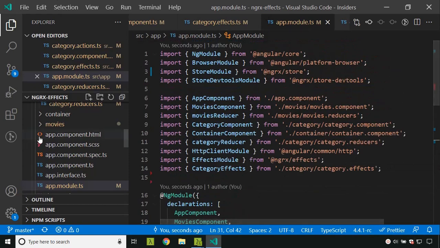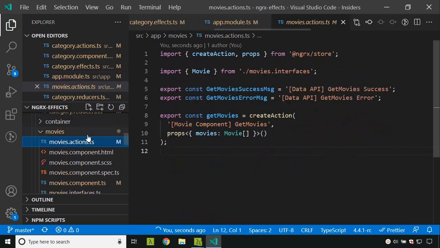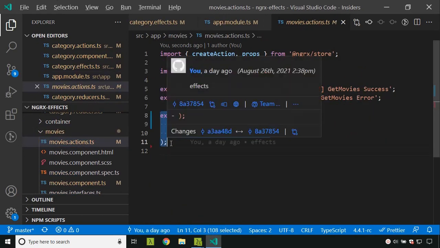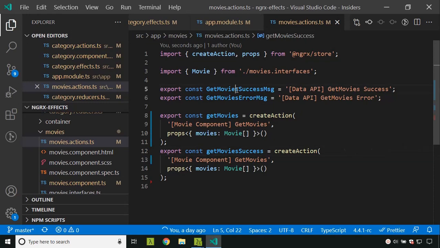Similarly, we can do the same for our movies component as well. So I will repeat the same things. So I will add a movies success and replace the message. Here we don't need the props.